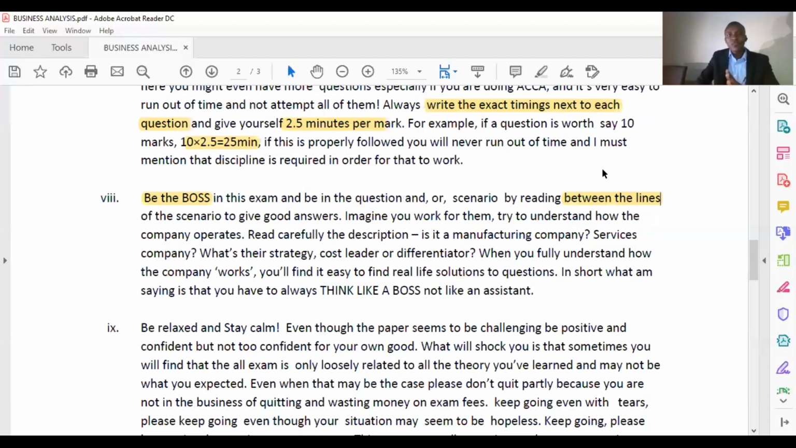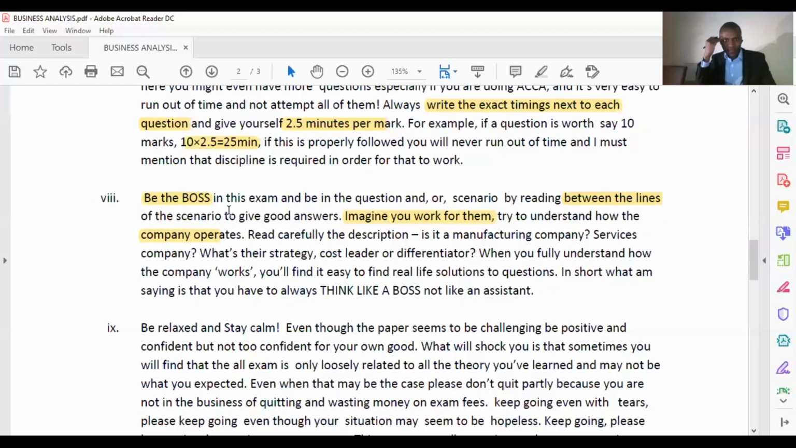What I mean is that you must be able to imagine that you work for this company. Imagine yourself that you work for them in that particular exam. Try to understand how the company operates. That is very, very important, because once you understand how they operate, you will be able to come up with practical solutions to the specific problem that the examiner has presented in the exam. Because you know the problem, then you can come up with a reasoned